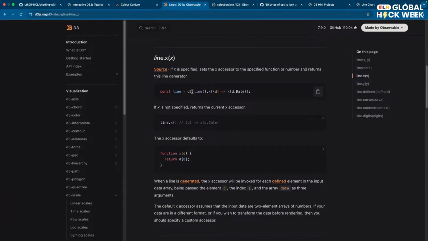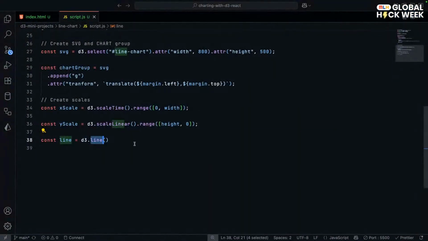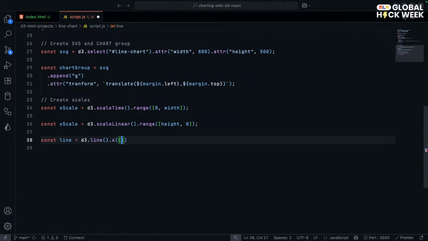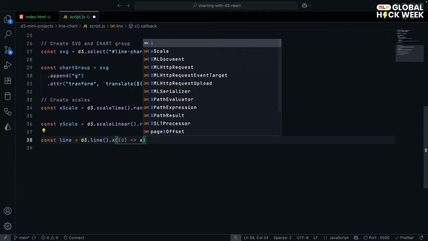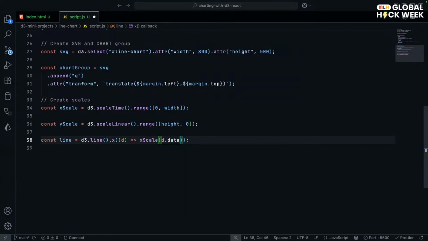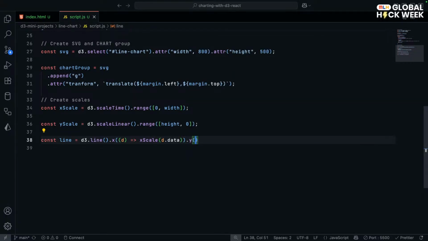Yes. So we'll do this. d3.line.x is what to map on the x, and what to map on the y would be d3.line.y. So which values to map on the y? For d3.line.x, I'm going to say each data point or datum would be xScale of d.date, and .y would be yScale of